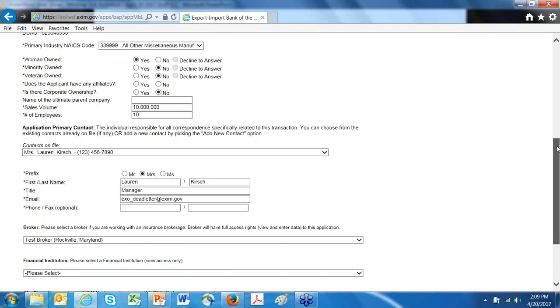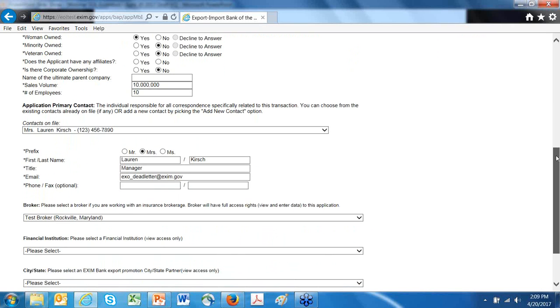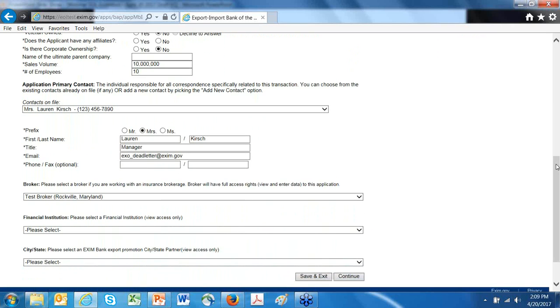It will have the applicant's primary contact information. And here, with respect to a multi-buyer application, this is where a broker can be added to a particular policy. In this case, we're already associated with the account and with this policy, and so we have appeared here.